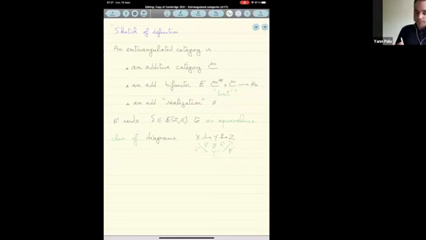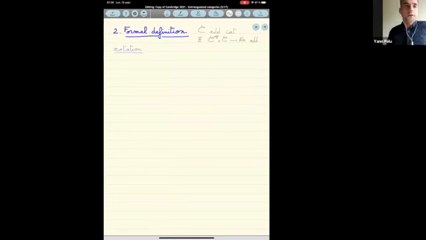And then we'll ask for some axioms. And all those axioms are going to be inspired from the case of triangulated categories, or more precisely, extension-closed subcategories of triangulated categories. Okay, so we have an additive category, a bifunctor that models extensions, and some realization that sends extensions to, say, some sort of conflations. So now let me give more details.